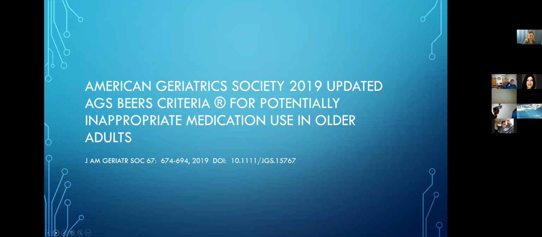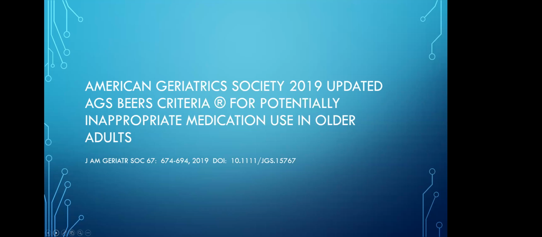So the first thing I wanted to do was start off by giving just some background information on the American Geriatric Society, or AGS, 2019 updated Beers criteria for potentially inappropriate medication use in older adults. You have probably heard about the Beers criteria before. You've maybe heard that term. This is a